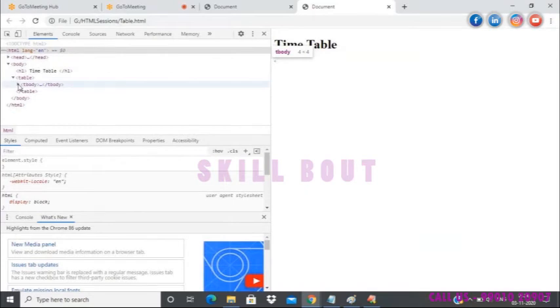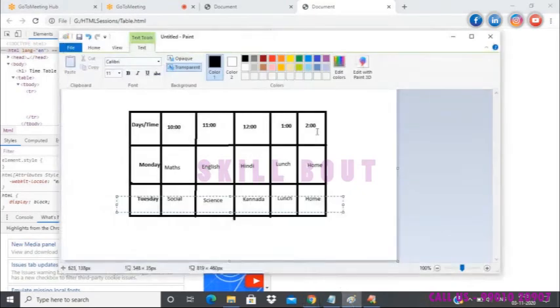Even if you miss adding this, it will still work, but then again, it's not mandatory to have a body tag in every table. So it has automatically added the body tag and there is a row created, which currently has nothing. So which means that we have created the first row.